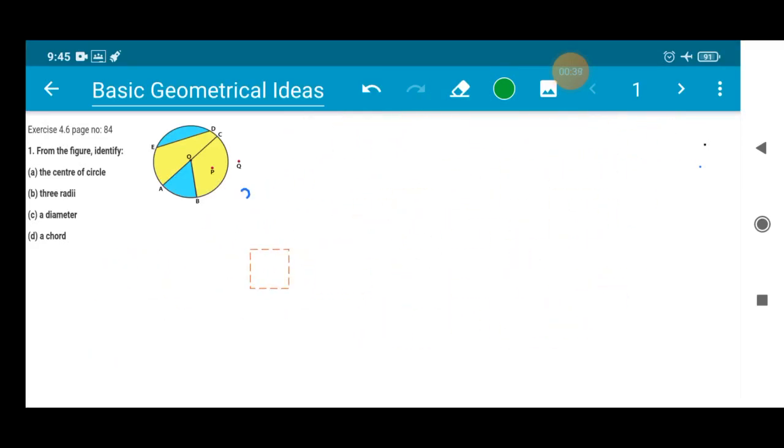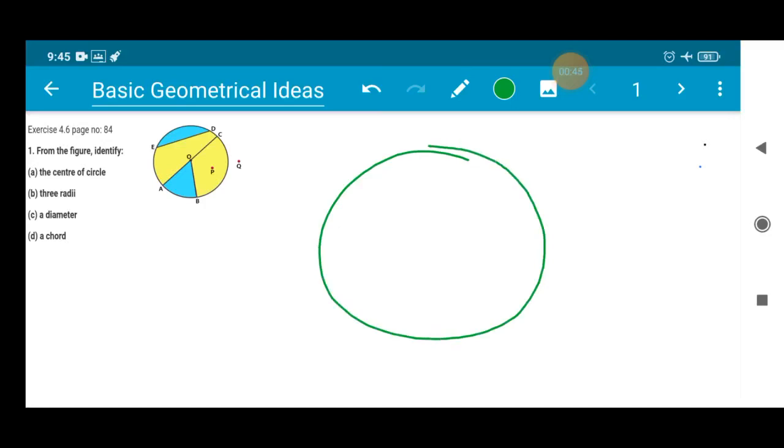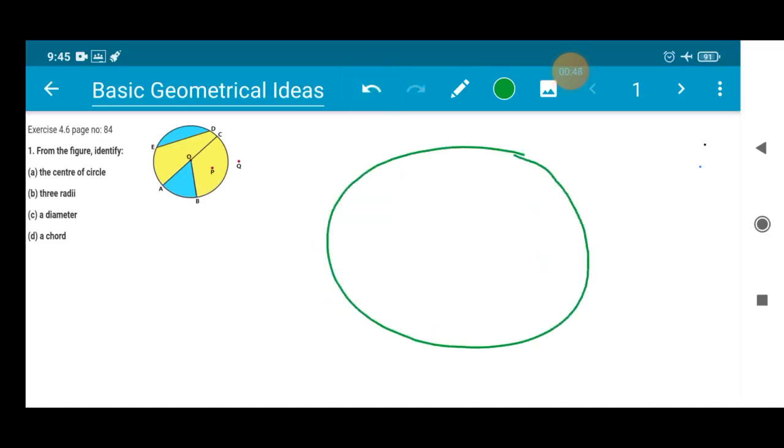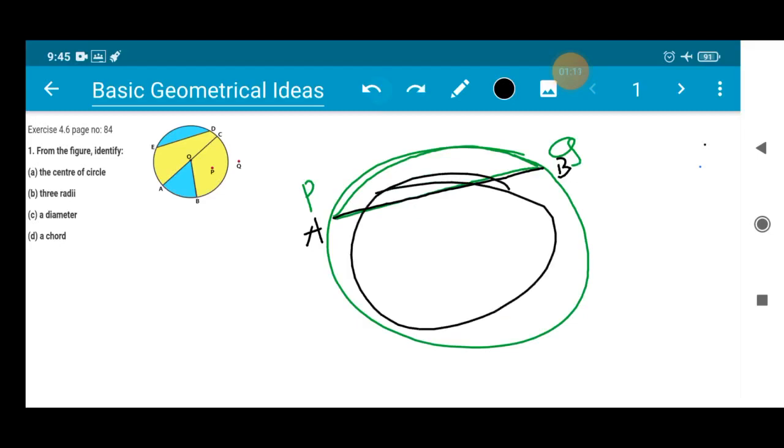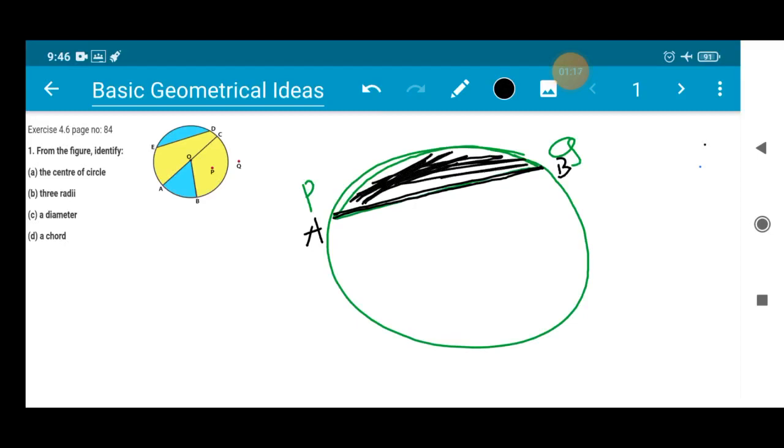Now let us discuss a segment. You know what is chord now, right? You know arc. Suppose this is your arc PQ and this is a chord AB here. Okay, so a segment is a region in the interior of a circle enclosed by a chord and an arc, right? So this is a segment.